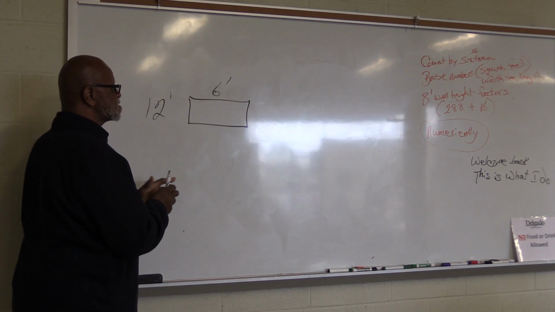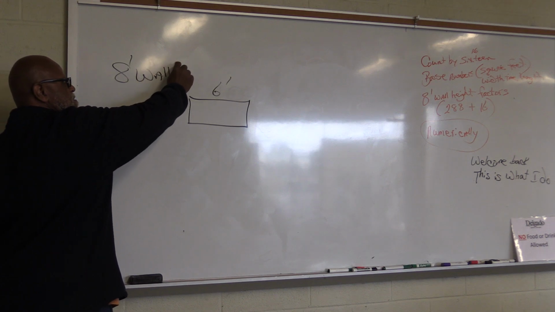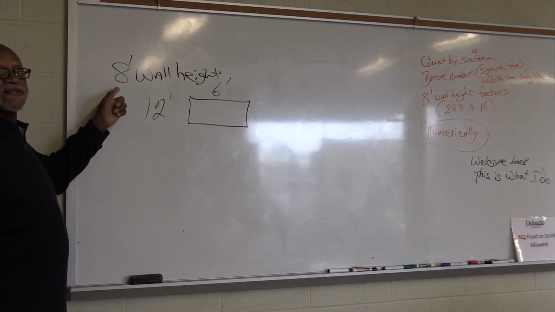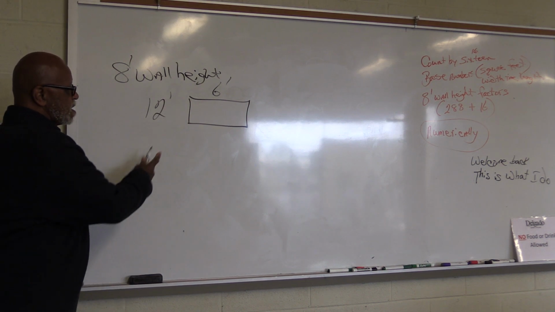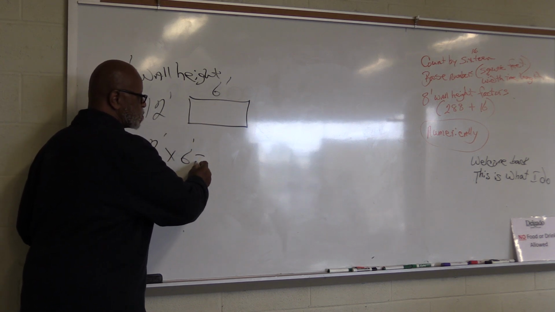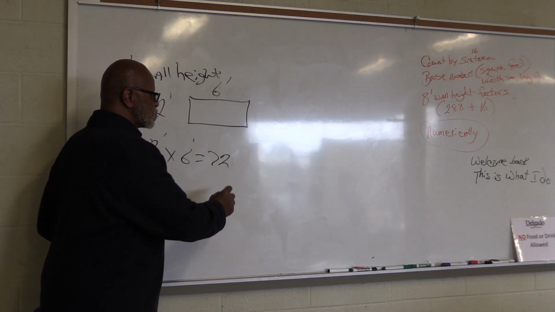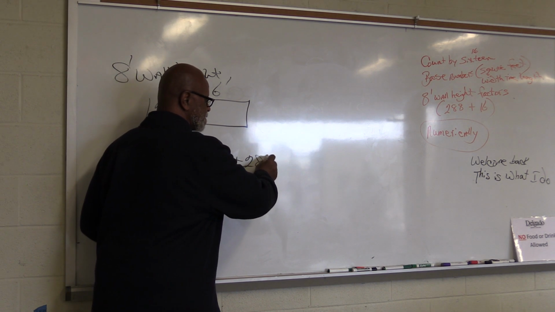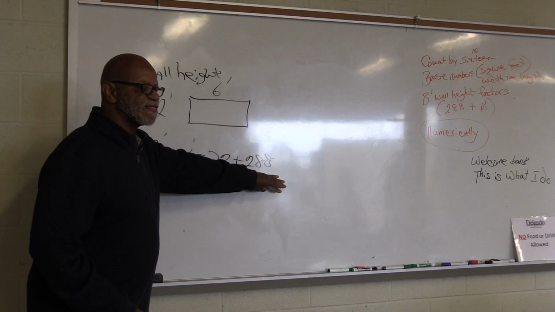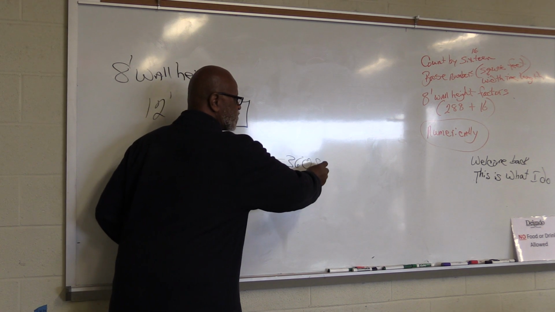Let's look at this room size with an 8-foot wall height. So we're using an 8-foot wall height with these numbers. So let's say this is 12 times 6, and that equals 72. Now there are two factors. The first factor is plus 288, right? So this is a base number, so we don't add anything to it, and that would equal 360 square feet,